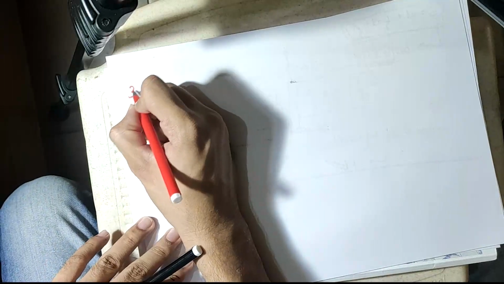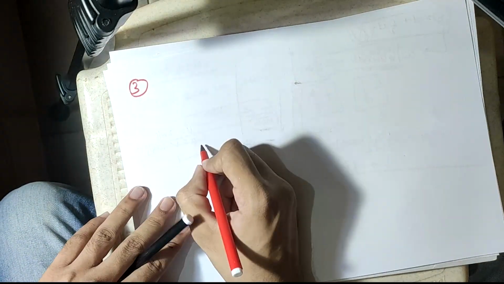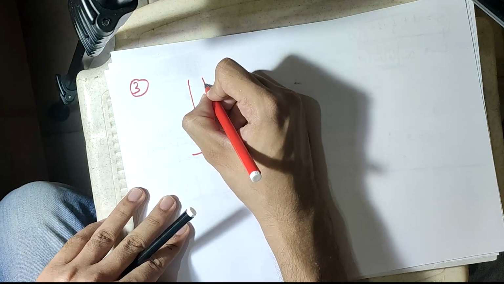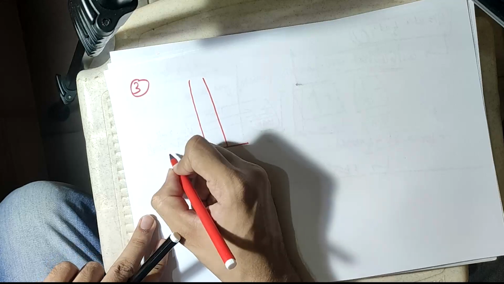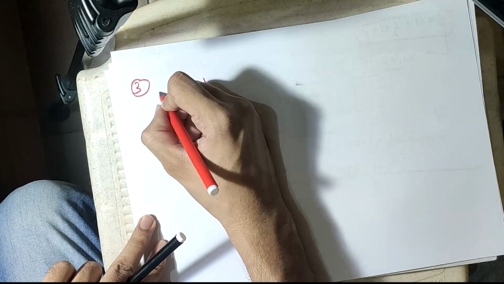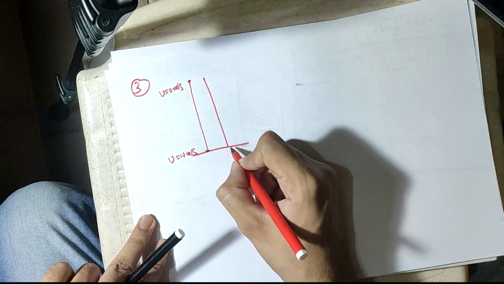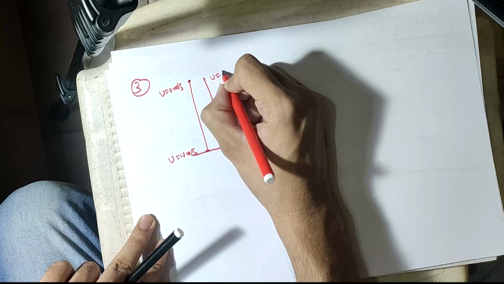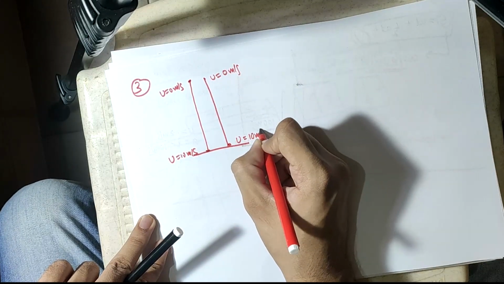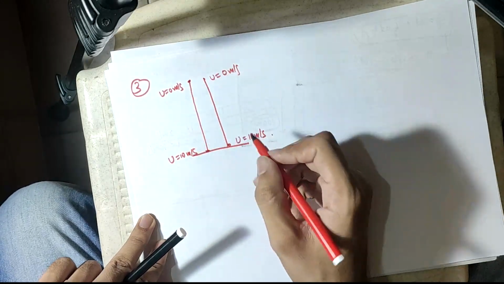Okay. The third point you have to remember of vertical motion. Particle is moving upward. It has come downward. Let's say the initial velocity is 10 meter per second, and finally it becomes 0 meter per second. Then after some time it again becomes 10 meter per second. So 10 to 0, then 0 to 10.